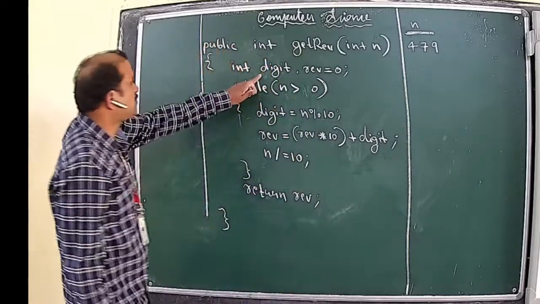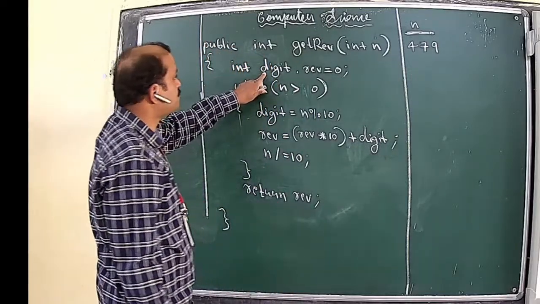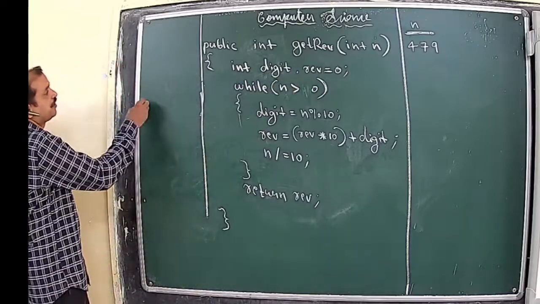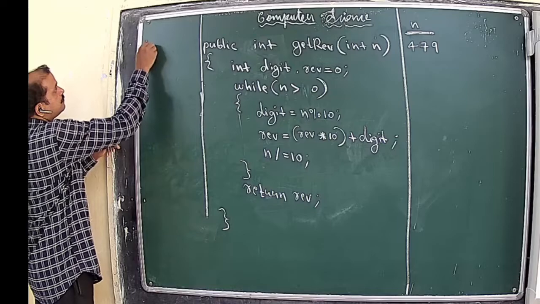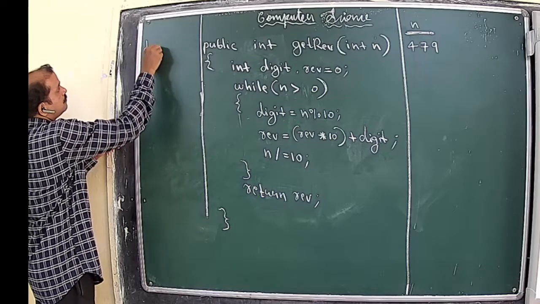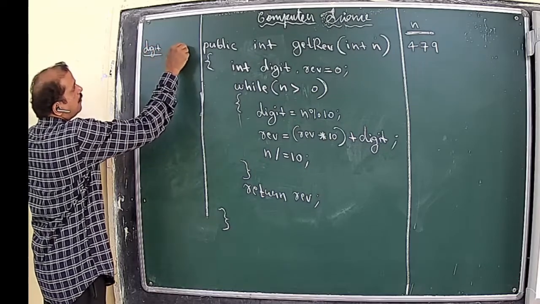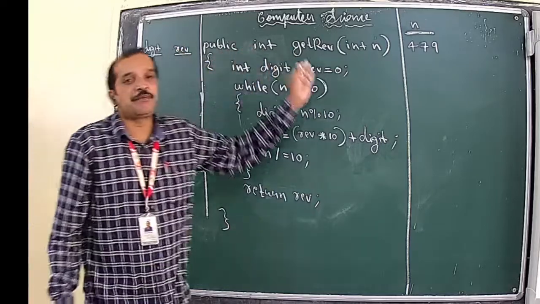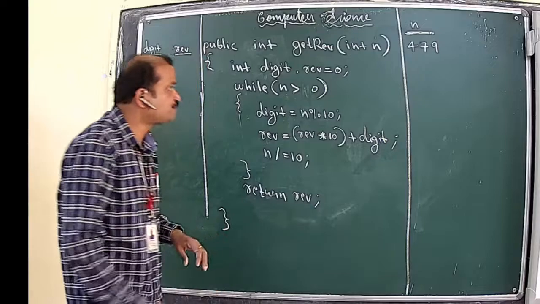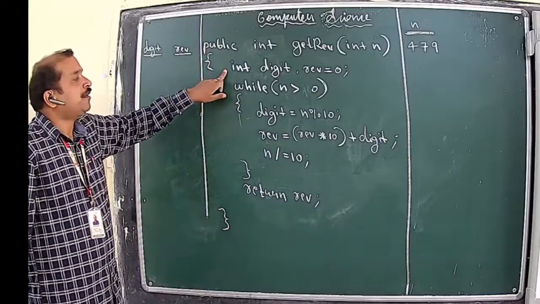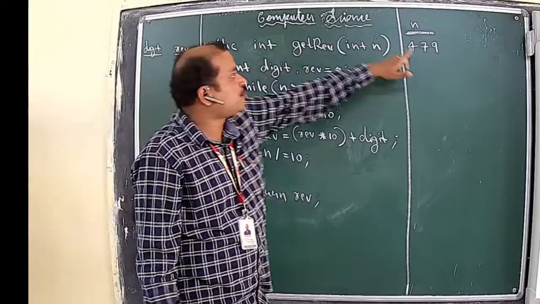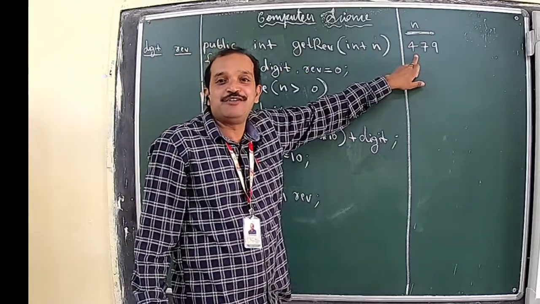And definitely there are some other variables as well, digit and reverse, which we can store here. So these are the three variables which are mainly involved as part of this program. So first we will go for it. Digit is already there. The value of n is already given. This is a sample value which we have decided.